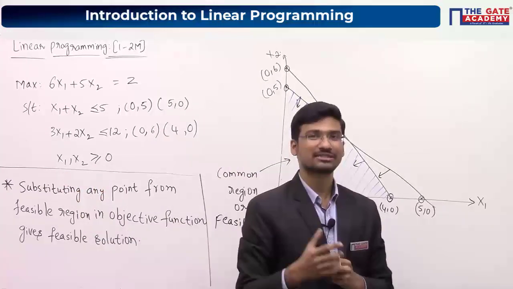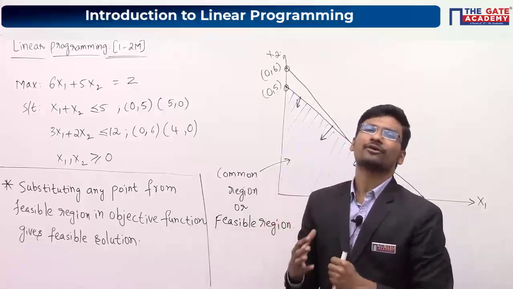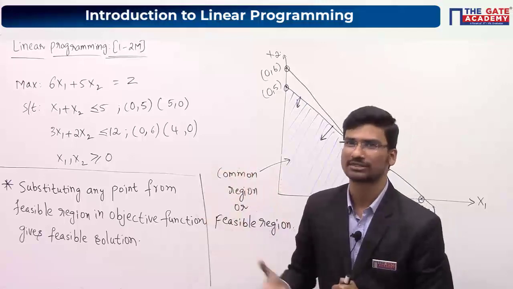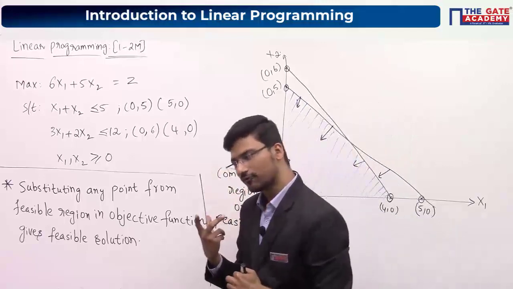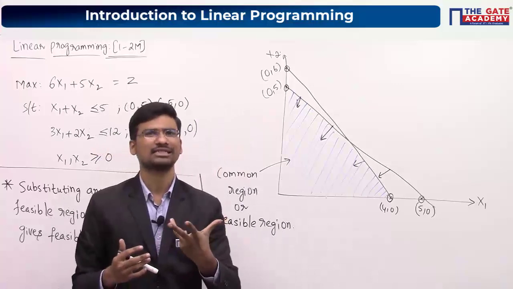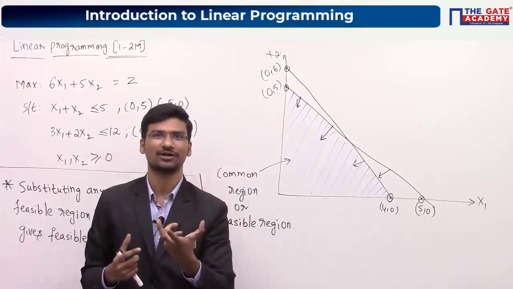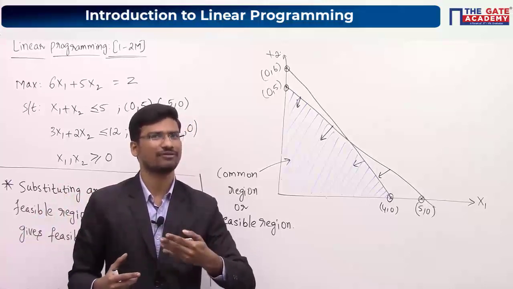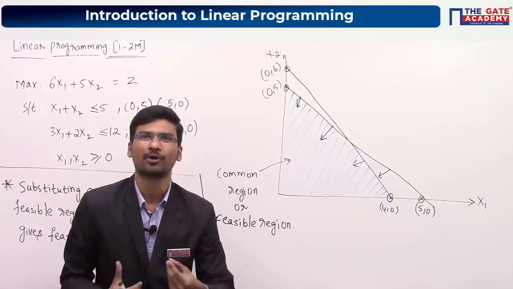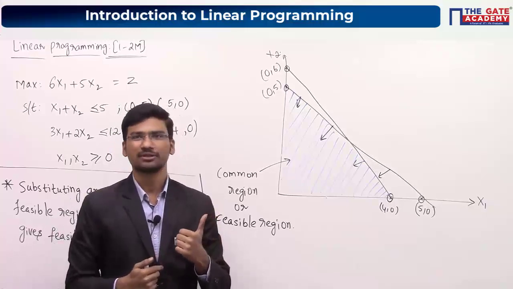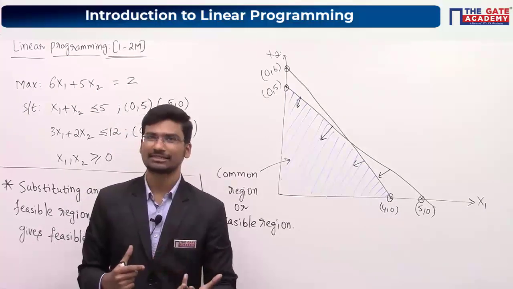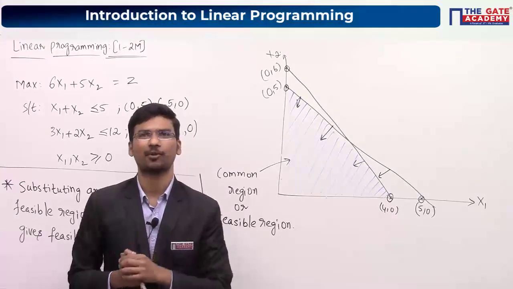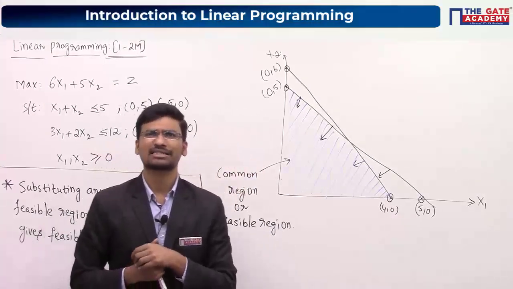But the question here is, why are we going for only corner points? Why not other points? You are having infinite number of points, right? Maybe you may get these types of questions, I mean interview type of questions. Maybe in the GATE examination they will never ask like this, but you should know why we are considering only corner points. So can you answer this question? Whatever you are saying is correct. Now my question is, why are we considering only corner points? Why not other points? Because corner points give maximum profit.